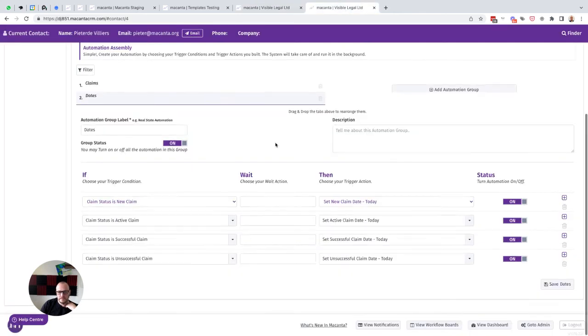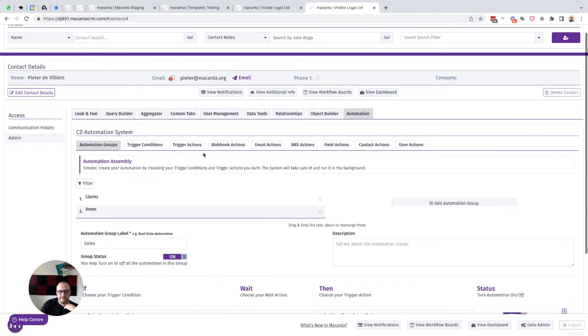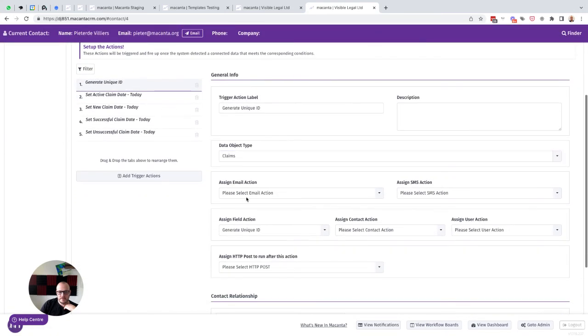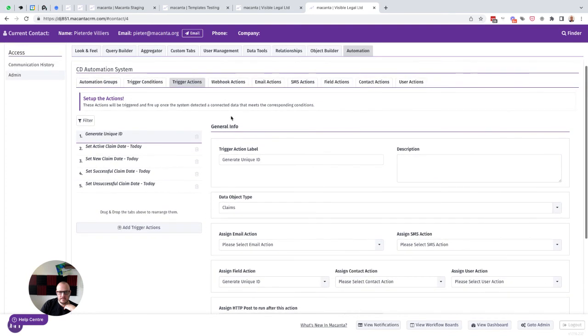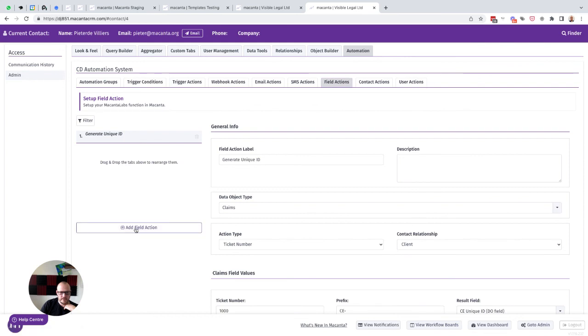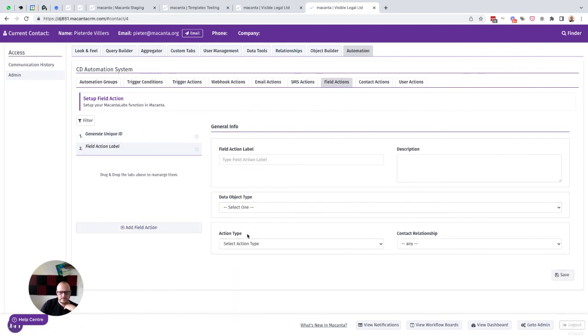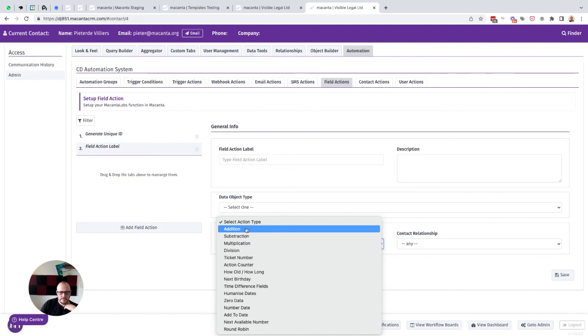Now, while we wait for that, it won't take long, but in the meantime, under these trigger actions, you have the option to add an email action. So any of the email actions you build here becomes available to you as a payload. Same for SMS. All the different kinds of field actions that you have in here, which you got several of, calculations, generating ticket numbers, action counters, referencing 2 dates, how long has it been since a particular date, time difference between 2 dates, humanize the dates,